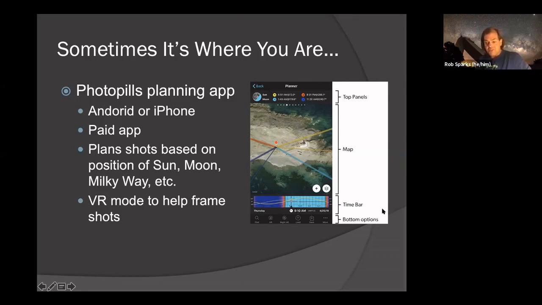You also use it to find things that are much farther apart. For instance, I can be in Tucson and say, okay, what day is the sun going to set over Kitt Peak? I can put a pin at Kitt Peak and look at where the sun is setting, and then it shows the line of sight to sunset where I am, and then I move around till I find where the line of sight from me to Kitt Peak matches the line of sight from sunset to Kitt Peak. So I get the sun setting over Kitt Peak, and that's how I frame some of my images. It's a very useful program. I highly recommend it. It's a well spent $10 in my opinion for what I've used it for.